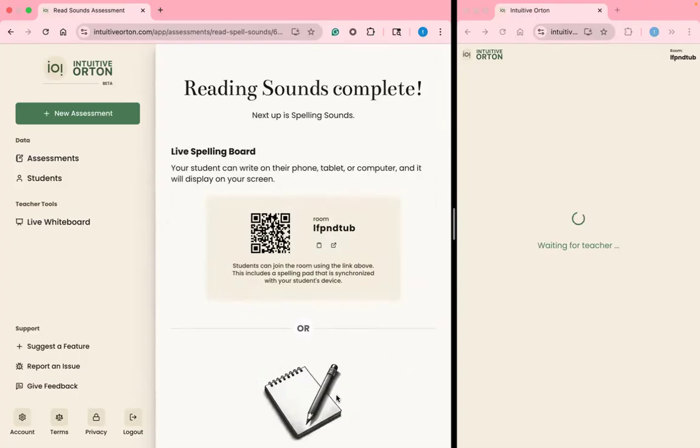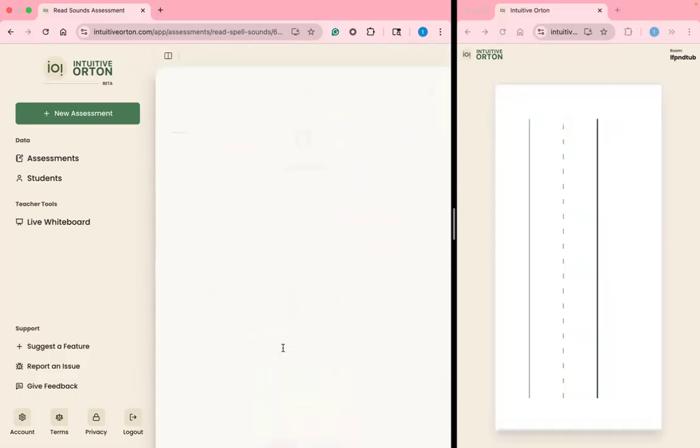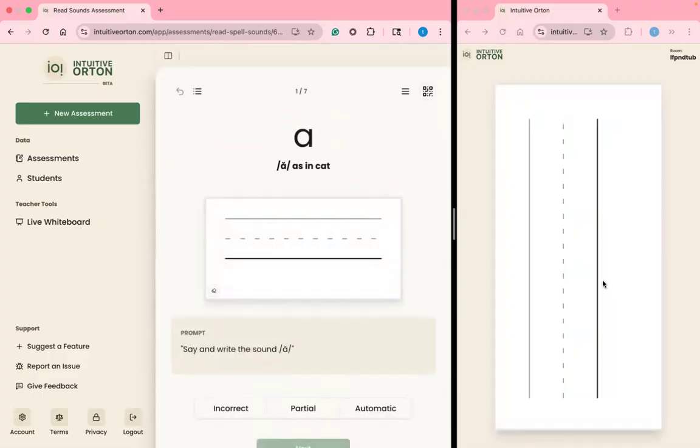When your students have completed their reading sounds, again, they'll be prompted with Waiting for Teacher as you decide how they will use the live spelling whiteboard or if you will use pen and paper. If using the live spelling whiteboard, this will automatically turn into their whiteboard to use. Hopefully they're using a touchscreen device, and you'll click Begin. Because it's a touchscreen device, students would rotate this 90 degrees so it looks as you have here on your teacher window with that darker line on the bottom. This will give students room to drop down